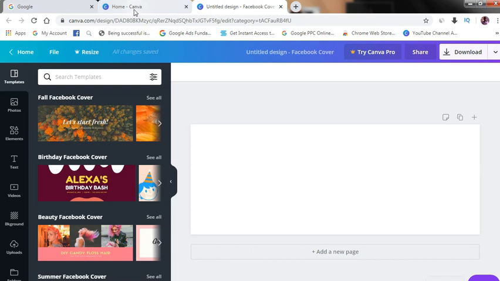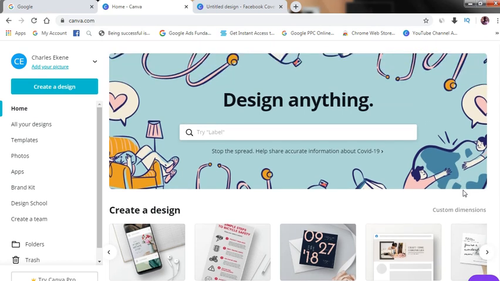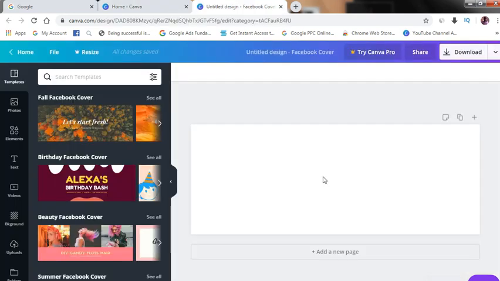And if you come back to this place, I think I have to show you this. You'll see over here, should you want to make a custom dimension, you can click over here. If you know the dimension of the image you want to design, then you can make a custom dimension over here. So now I want to create a Facebook cover page,